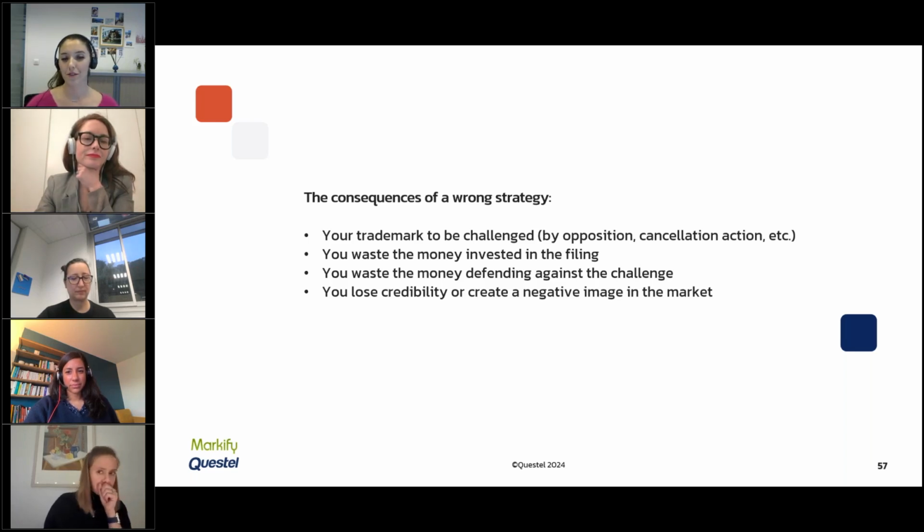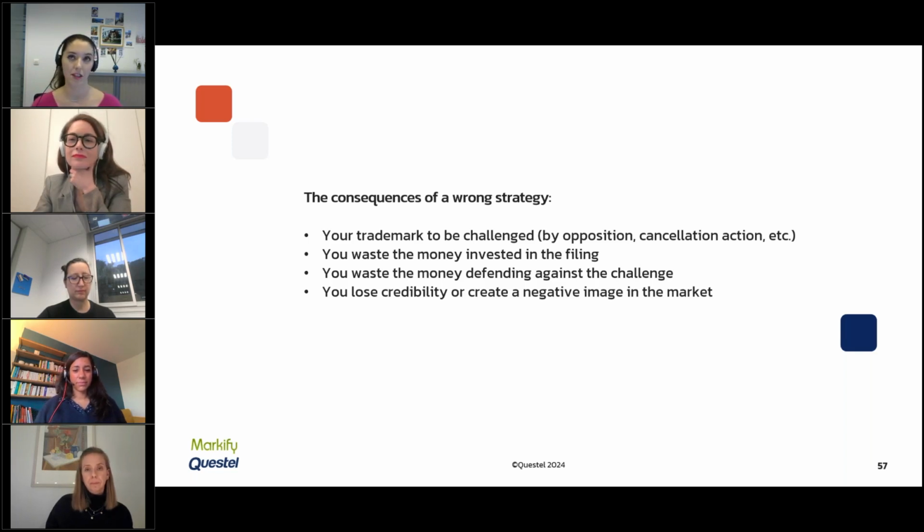And also you can conduct searches through an IP firm, such as Novagraph, and you will obtain an in-depth analysis of the results and possible legal and business strategies to have your sign well protected, such as I said, negotiate with the prior owners or contact the prior owners to see if a coexistence agreement is possible or something like that. So I think these are the 3 levels, and we said it before. There are good options.